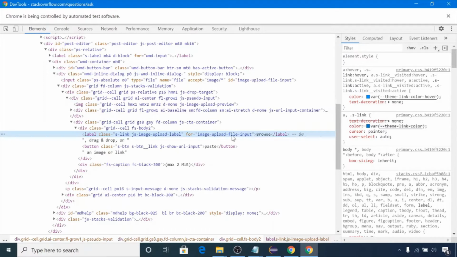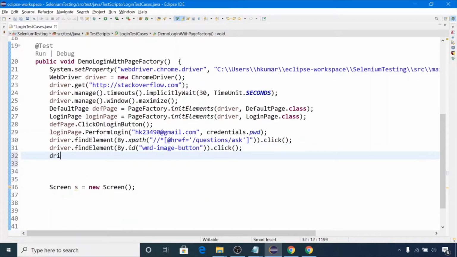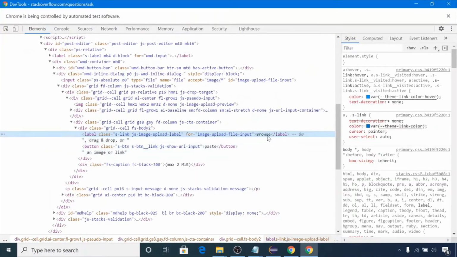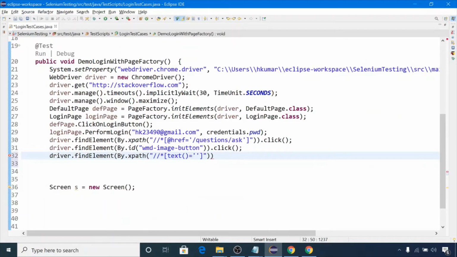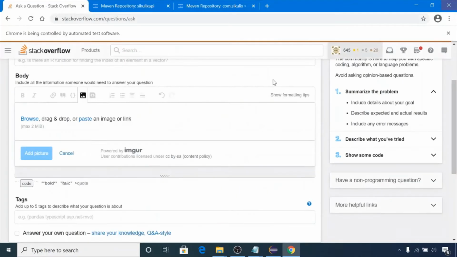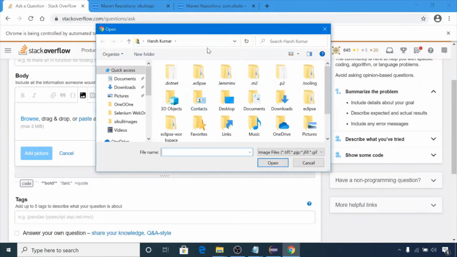The name of this element is Browse, so we can use XPath: driver dot find element by dot XPath, in this we will pass the text feature is equal to the text Browse, and we want to perform the click operation. As soon as we click on this Browse element, it will launch the desktop UI.